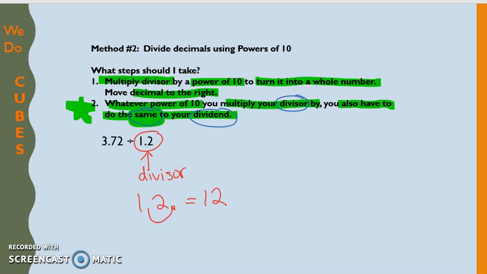Now, I told you above that the steps we need to take is whatever we do to our divisor, we also must do to our dividend. Okay, so this is our dividend. This is the whole number, or the entire number that we are dividing up. And if we have 3.72, in order to make this a whole number, we're going to need to move our decimal 2 places to the right. So we will get